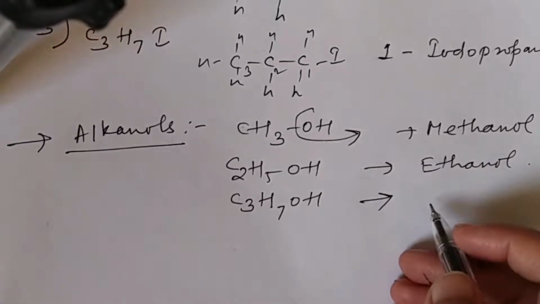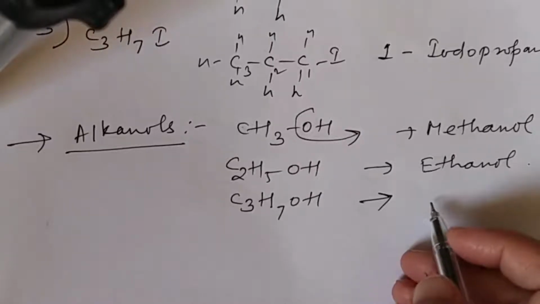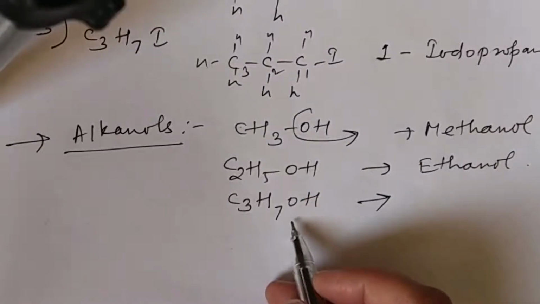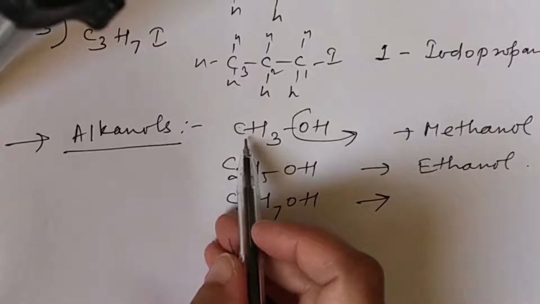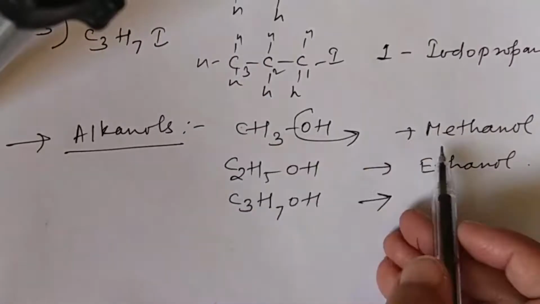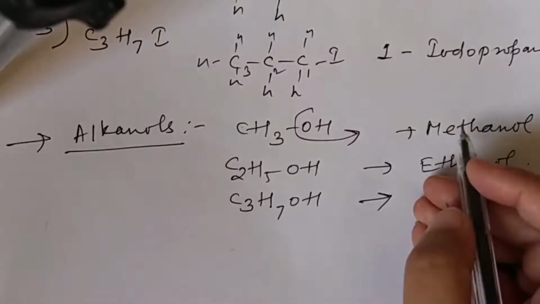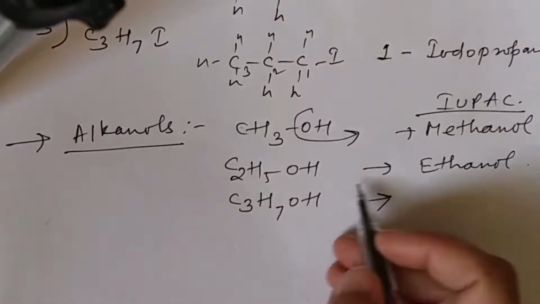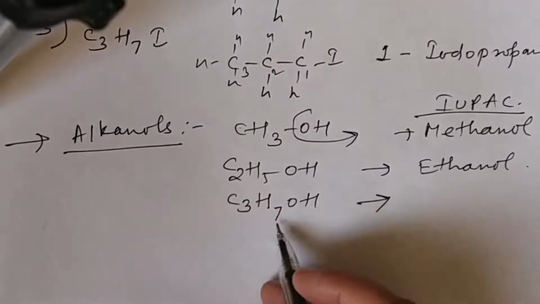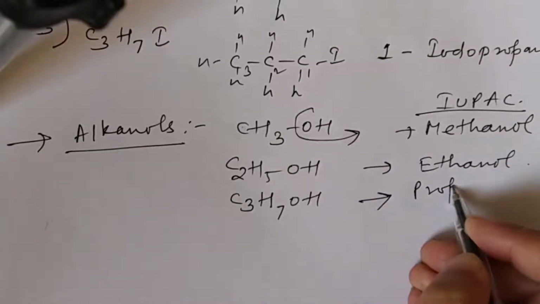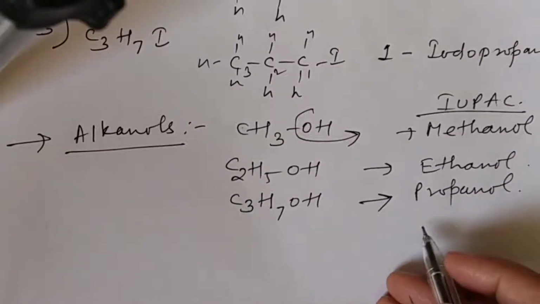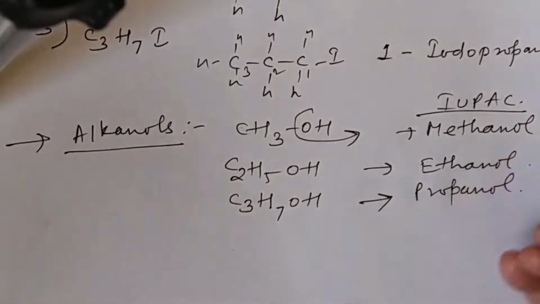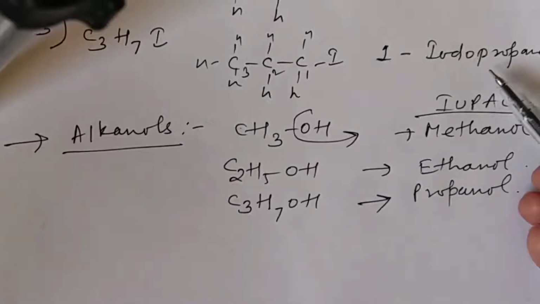Now it is easier to draw another functional group, the alcohol family, in which we are discussing the third member. The first member, with one carbon atom, is methanol, the IUPAC name, and the second one is ethanol, the IUPAC name. The third is C3H7OH, it will be propanol. What will be the name? Propanol. But if you draw the structure of propanol, similarly as you have written the structure in iodopropane,